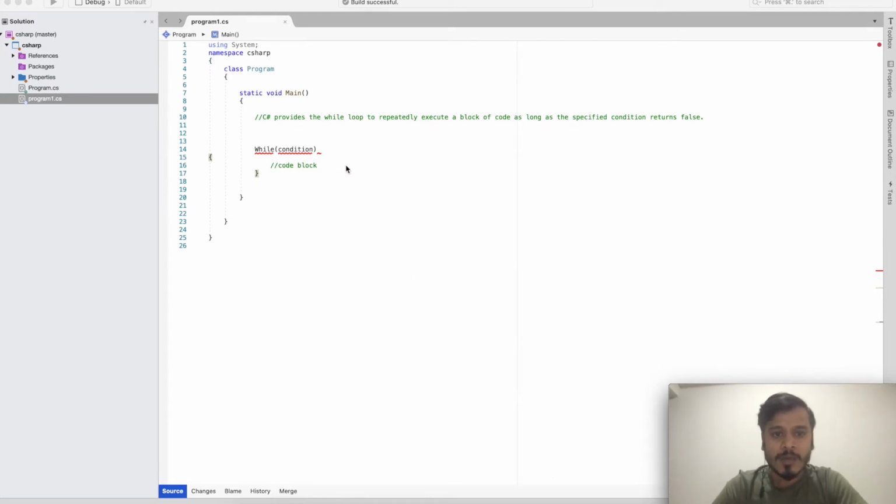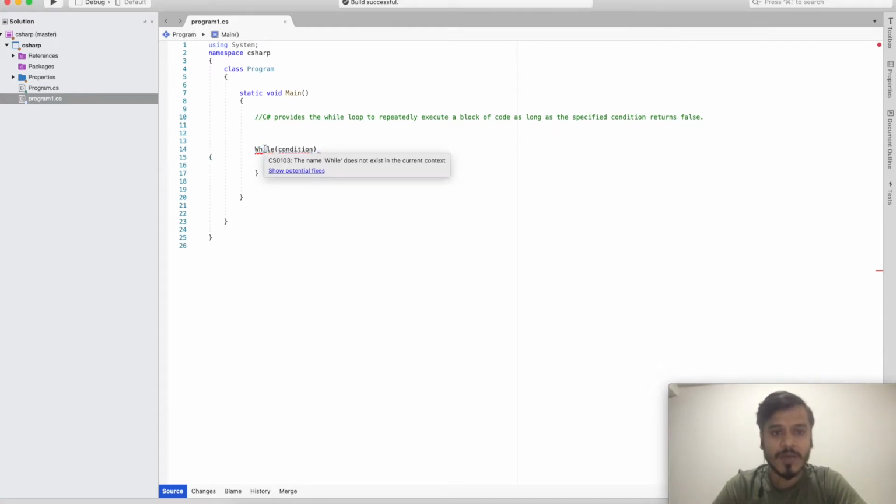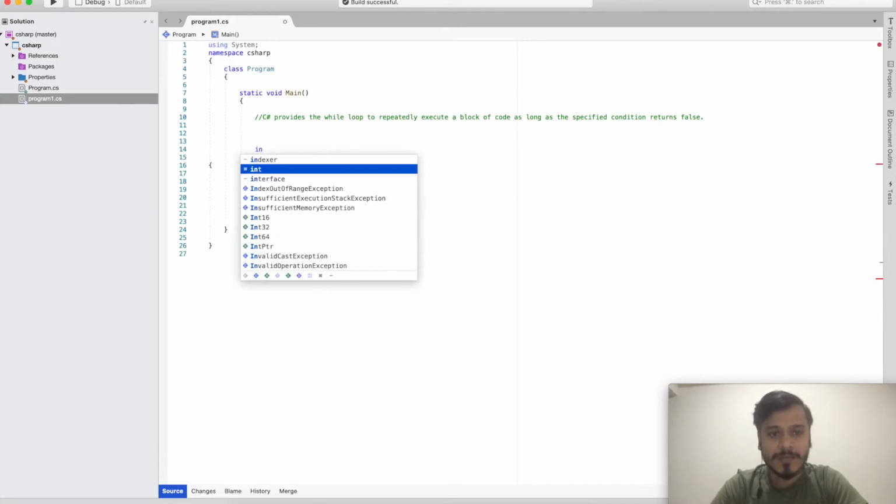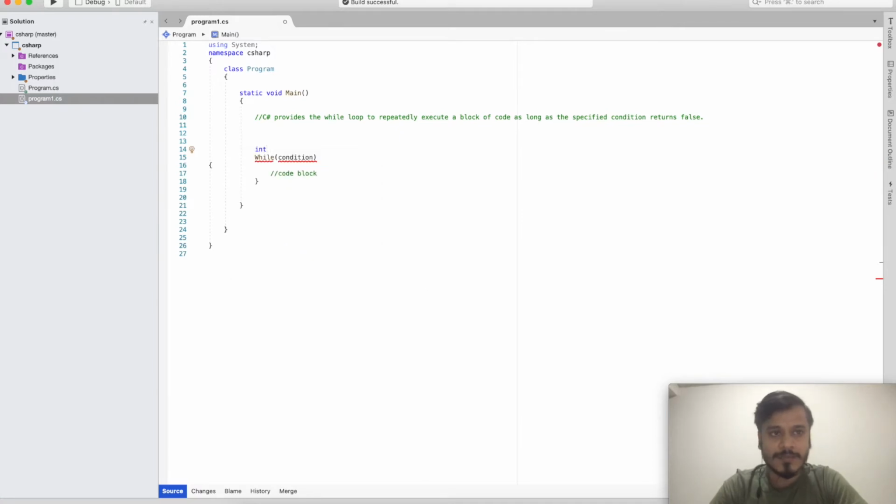So this is the basic syntax of while. It will start with while, then it will have some conditions, and then we want to repeat some set of code, so we will write it here. Say I am taking any variable integer, and I'm storing it in a variable named I, and I is equal to 0.